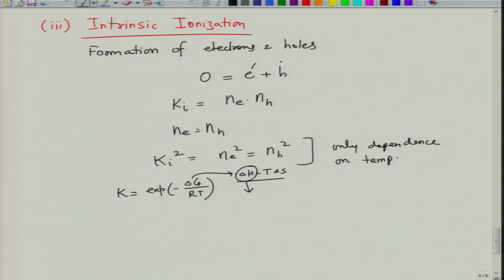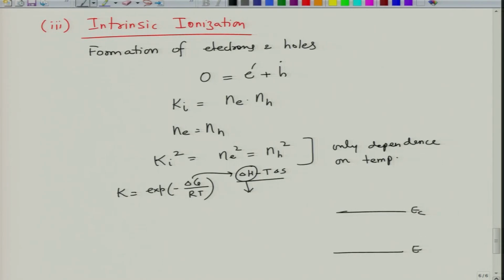What is the intrinsic ionization enthalpy? It is nothing but the band gap, right. So if you have a system like this where you have EC and EV, to create the electron-hole pair you need to excite an electron, make it go here, and you form a hole here, and the energy that you need to overcome is the band gap. So in this case its defect formation energy is nothing but the band gap of the material. Again, it is independent of temperature, it is independent of partial pressure of oxygen.